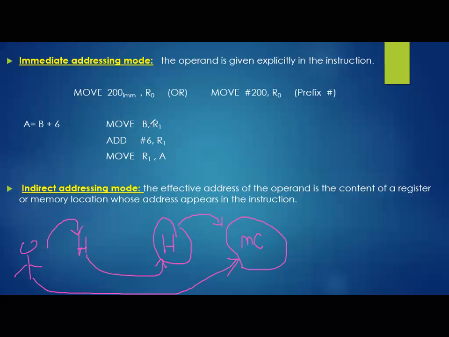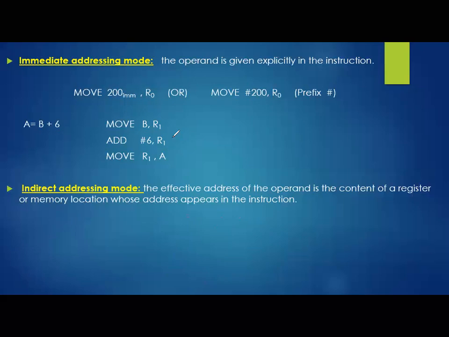B is what? An address. Inside that some value will be residing, so that value is expected over here. But here you need to go to one location, you will get an address of another one. Inside that other one, you'll have the original content. So we'll go through one example, and you will understand it better.